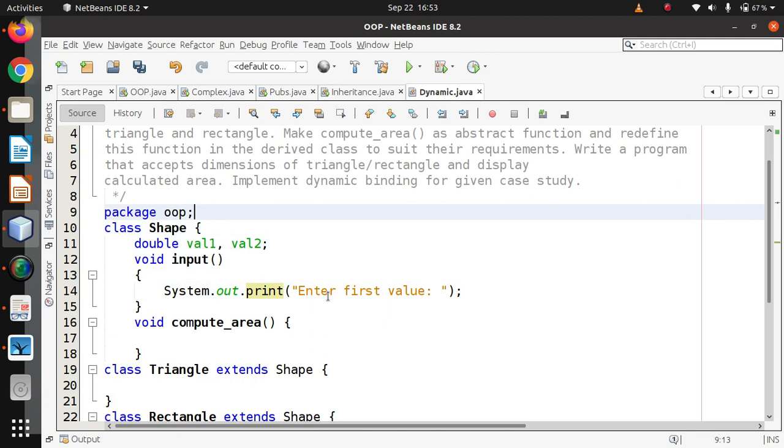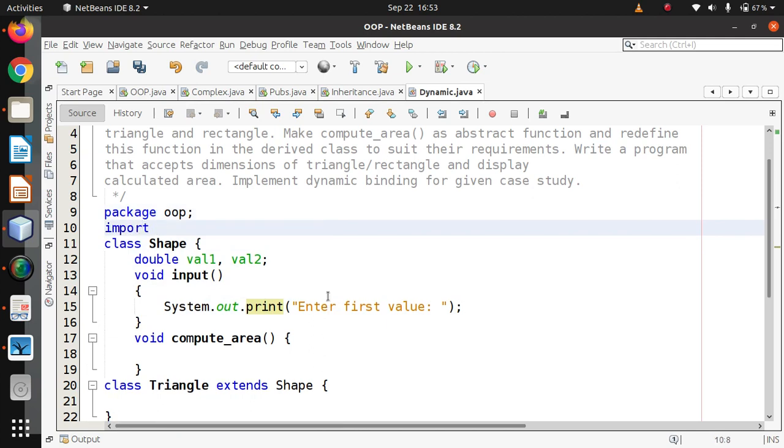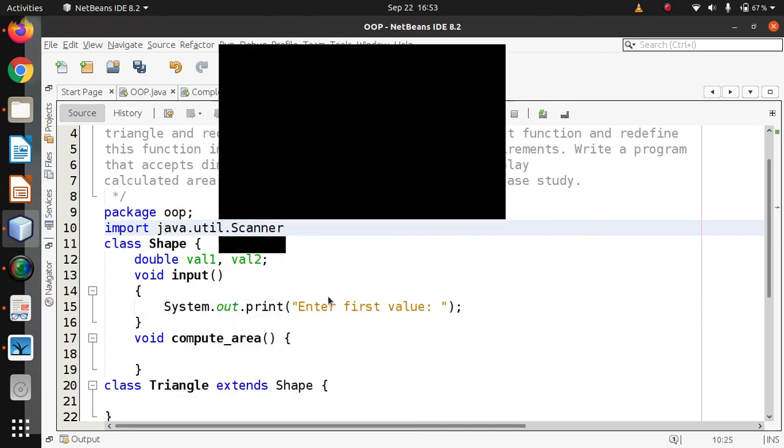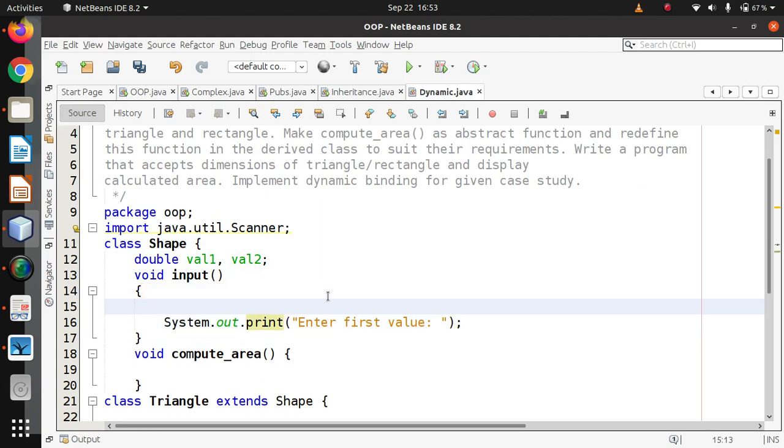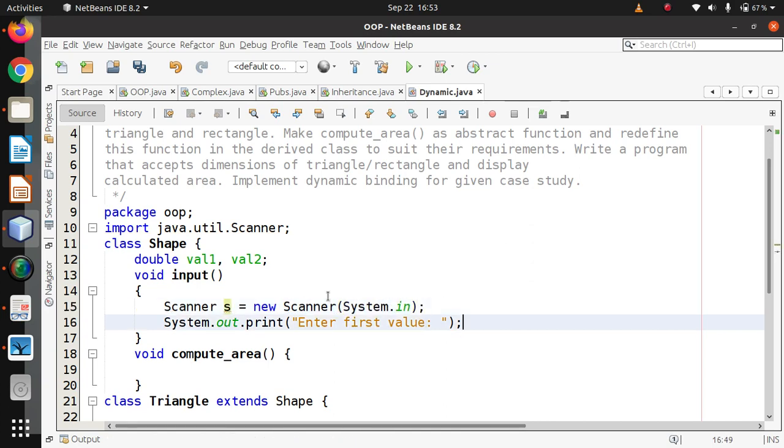I need to use the Scanner class for that, so let's import java.util.Scanner. Scanner is imported, and here I need to create the object of the scanner: Scanner s = new Scanner, for the standard input device, System.in.